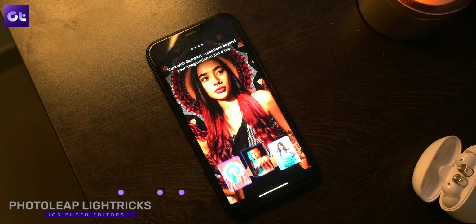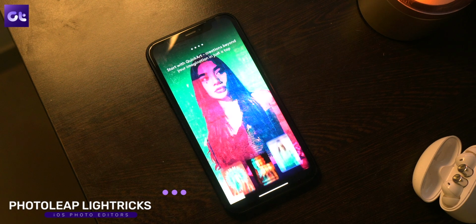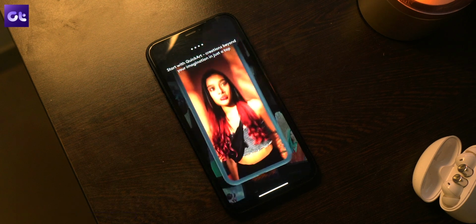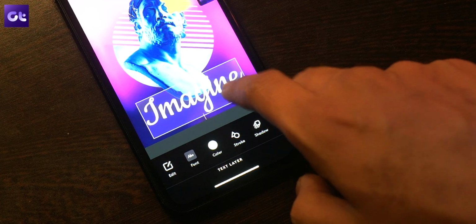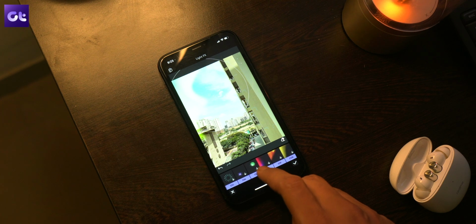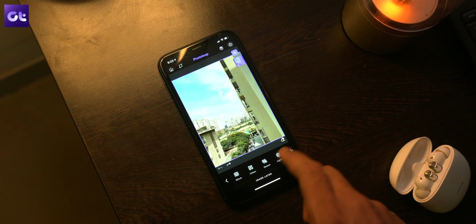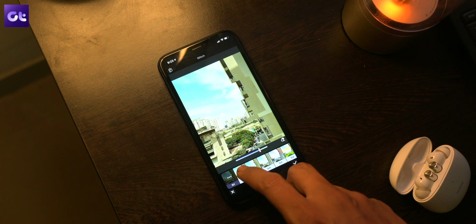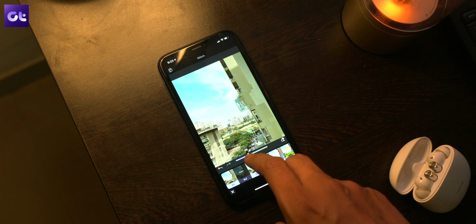Okay, now if you're all about installing effects and overlays on your images, you must have heard of Photoleap. I mean, it's one of the best apps in that regard, and if you haven't tried it out, go ahead and check it out right now. One of its most popular features is the ability to blend photos together to create dramatic effects. You can also add graphic elements to your images. Now yes, the features aren't as advanced as the other pro editors on this list, but that helps new users because it makes the app super easy to use and fun too. You can get the paid version here for unlocking more features, but for most users, the free version also has enough editing playroom.